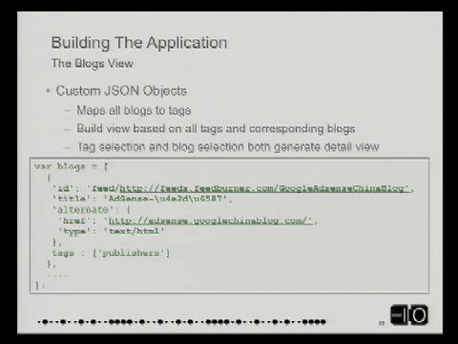So this is, for example, the blogs data itself in there. It looks like this. This data actually gets spit out by Reader, so I didn't hand code all 100 blogs. It comes out for free. And then we have a tags array that I added to the bottom, which allows us to say what tags these things belong to.